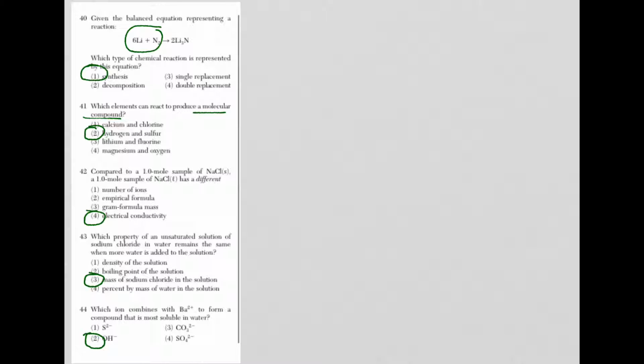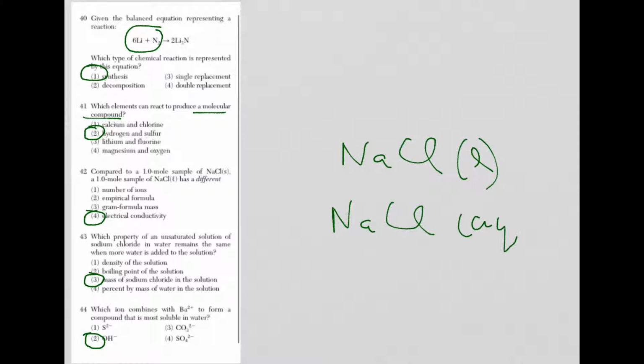So for salts, that would be any salt that's been liquefied or any salt that's thrown in water, and that you'll see an AQ in parentheses. So I get sodium ions in this case, and I get chloride ions. There's my answer. For 43, which property of an unsaturated solution of sodium chloride in water remains the same when